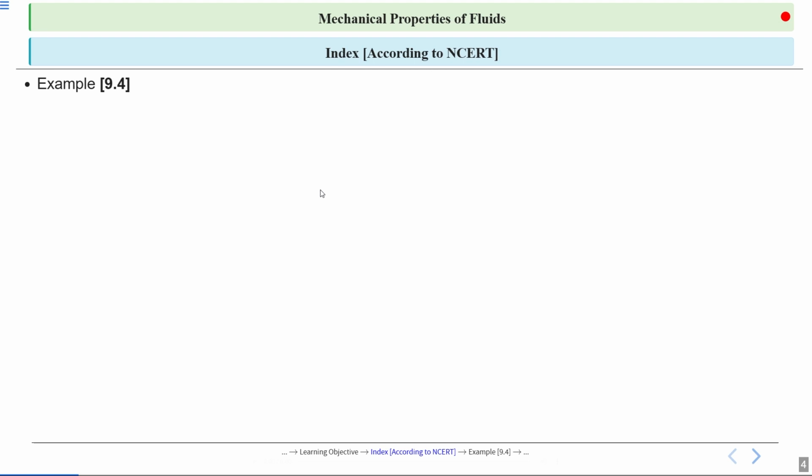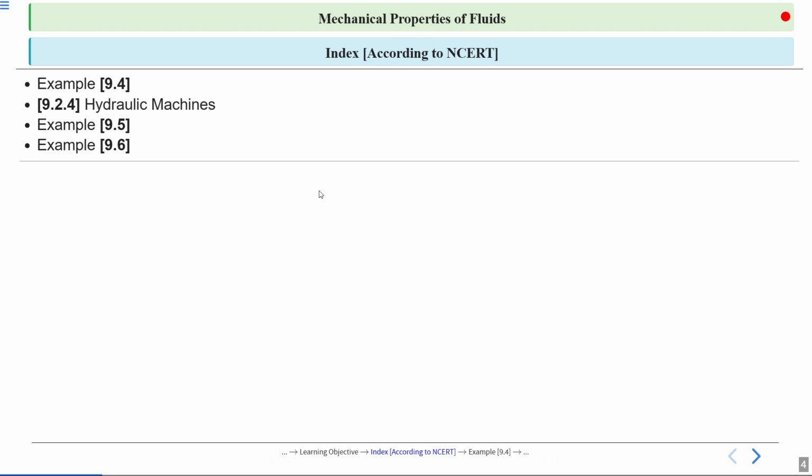In today's lecture, we will cover first example 9.4, then 9.2.4 hydraulic machines. After that, example 9.5, and then last example 9.6. Alright,